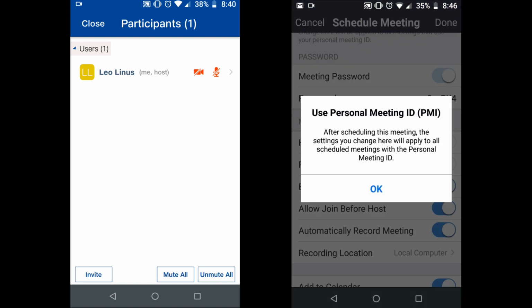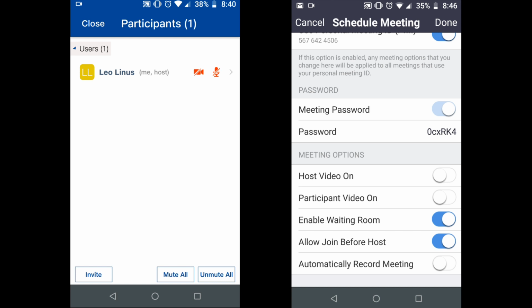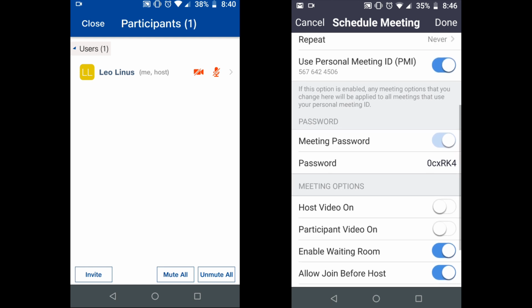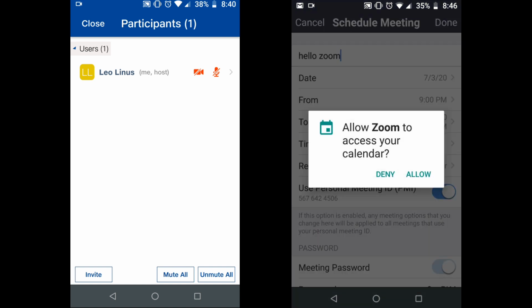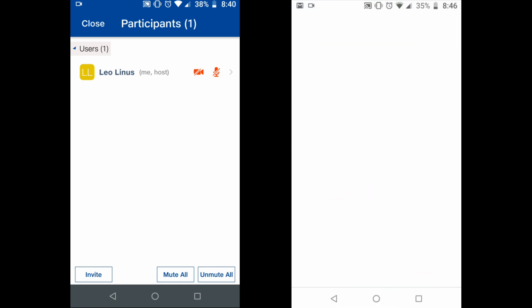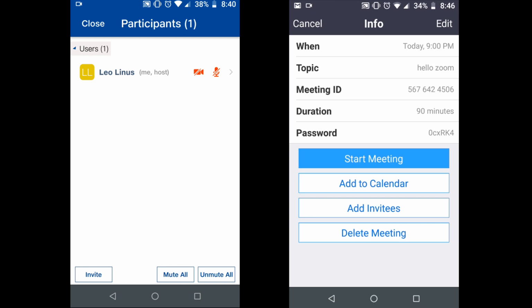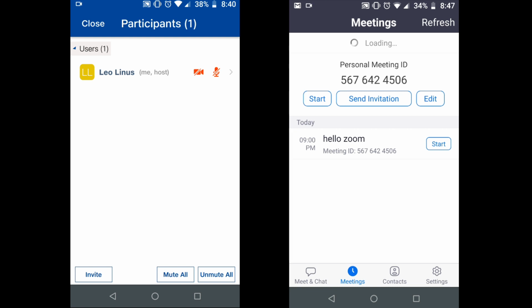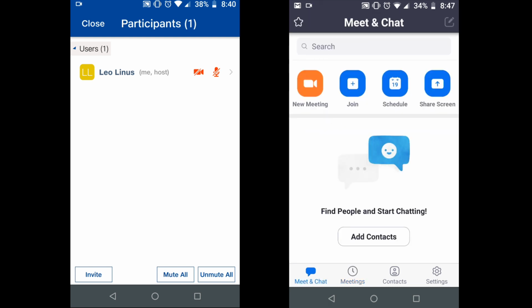Let's see what more options you have. You have this automatically record meeting feature. I can turn it on or off, so that's a good feature. You can automatically record the meeting. But the disadvantage is that 40-minute limit: you can only have a meeting for 40 minutes in Zoom if it's a free version. Else you have to pay, and you can have it for longer, maybe 24 hours. So I just finished now. It's giving me this invitation link. I can share it with people. Let's get back. If I click on meetings below over here, I can see the meeting is scheduled at 9 p.m. That's good.